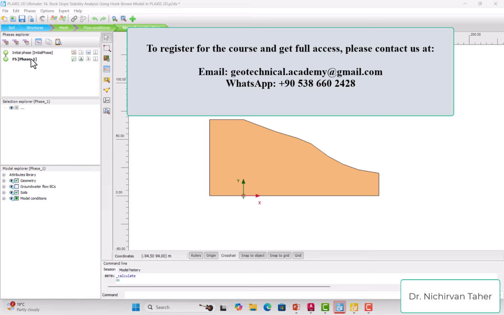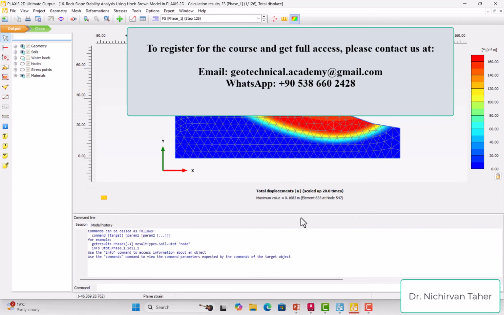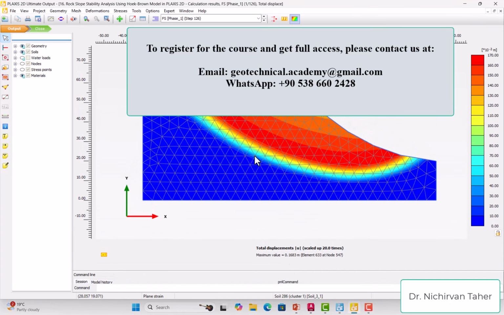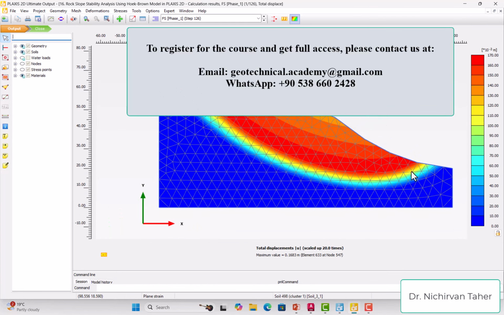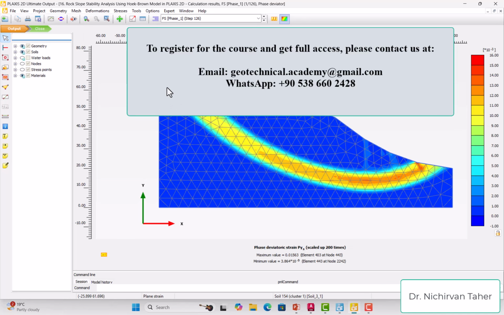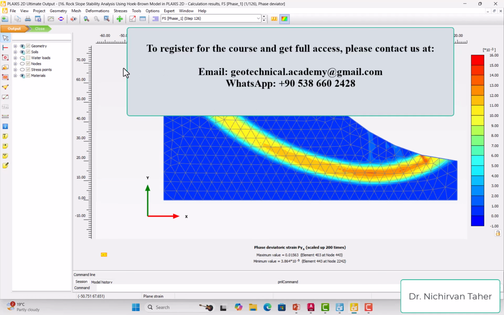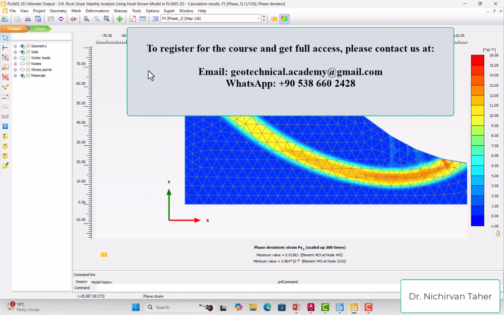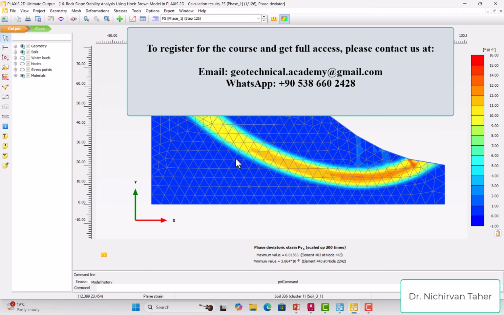So the calculation is finished now. We can check the results again in here. As you can see, this is the critical failure surface of the slope. Right now we can see the complete failure surface for the slope. That's why it's important to use enough boundary condition. Actually, it would be better if we extended more geometry from the left. It's okay for now, and the purpose is to